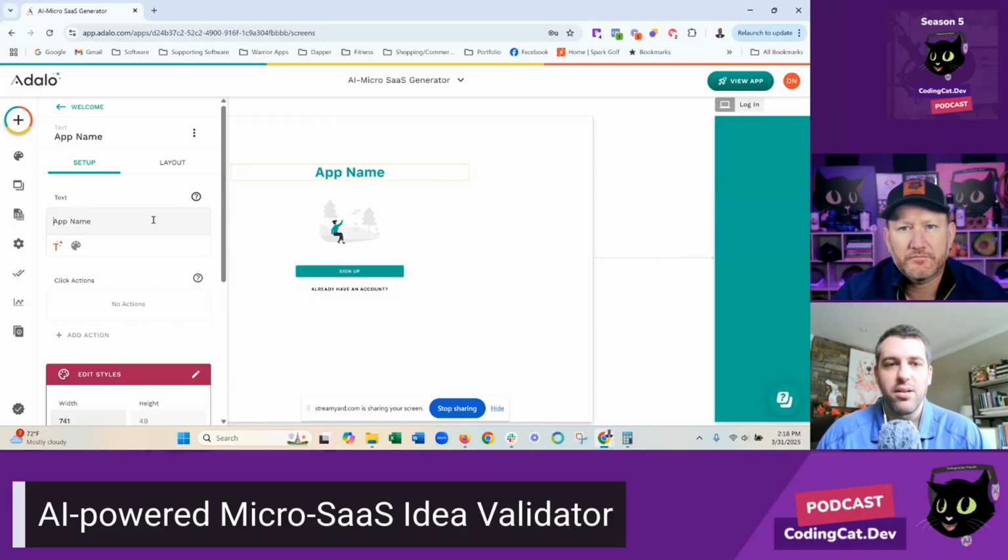I'll get into something here. What was this called? Let's call this micro SaaS generator. I don't know, you can always change it. You can change the image, all this stuff.